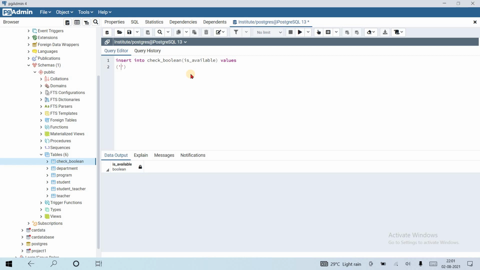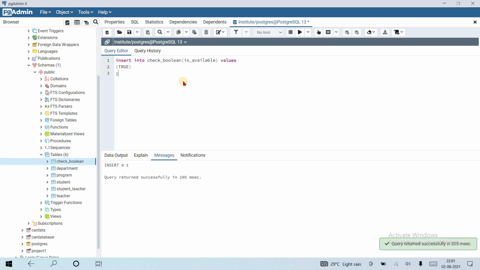If I insert here just t, let's see. Okay, first insert without single quotes, using true. Let's see whether it works or not. Yes, the value is inserted.